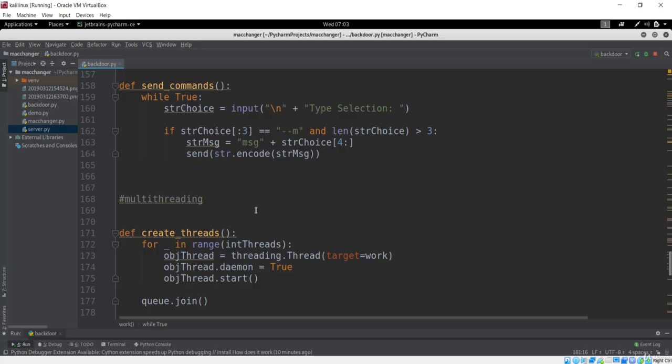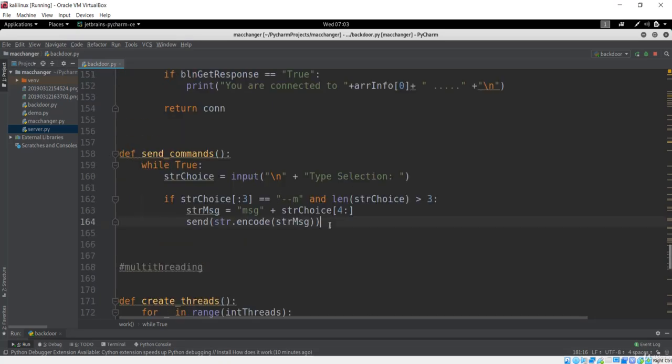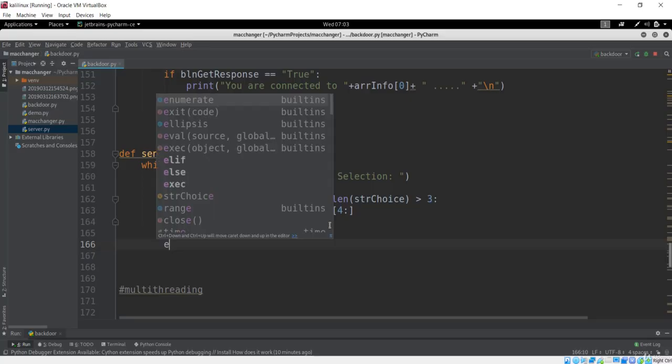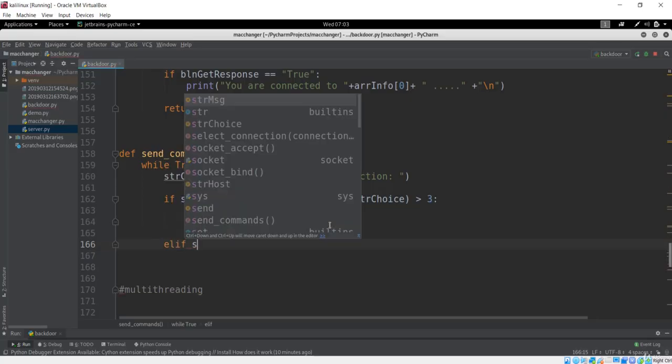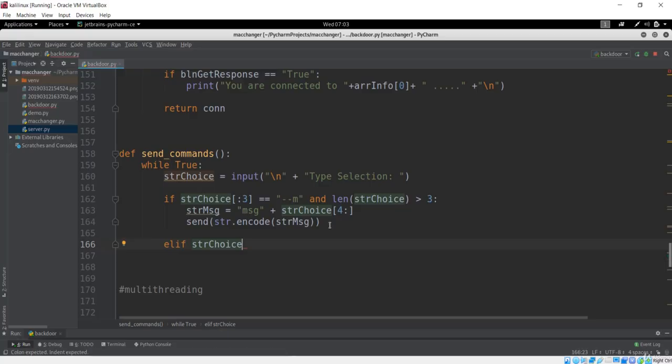What we are going to do here is in the send command, because this is where we can send the command. After the message, we will write another command that is going to send the signal to the client side. Of this string choice that is given by the server, I'll extract that third part, basically only the command part, and if that command part is --o, that means we have to open the site.